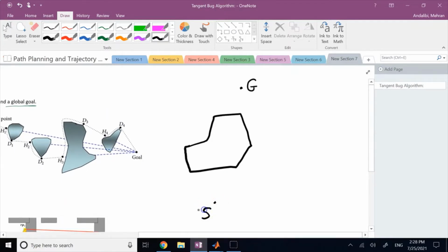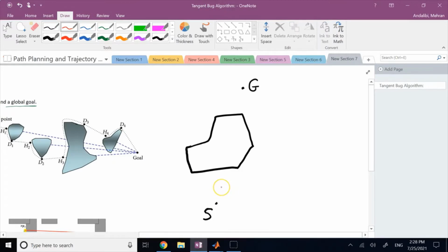What this method does, it goes from the start and gets close to the obstacle. How does it go? Along, of course, the line that directly connects your start point to the goal point. So it tries to move along this vector like this. But when it comes right here,